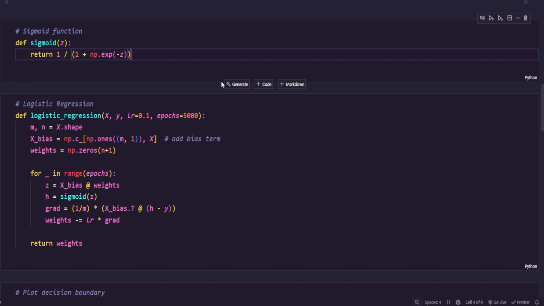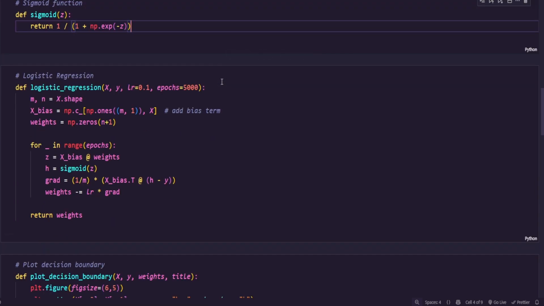This is super useful in classification because we can now interpret the output as a probability. For example, if the sigmoid output is close to 0, the model predicts class 0. If it's close to 1, the model predicts class 1. In short, the sigmoid function is like a probability converter that transforms raw numbers into something meaningful for classification.